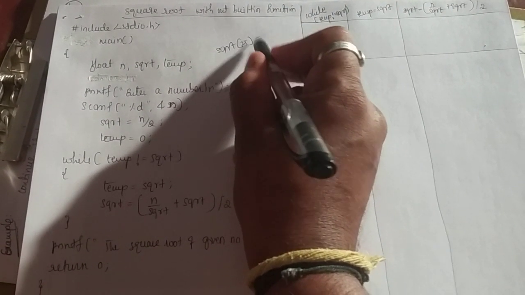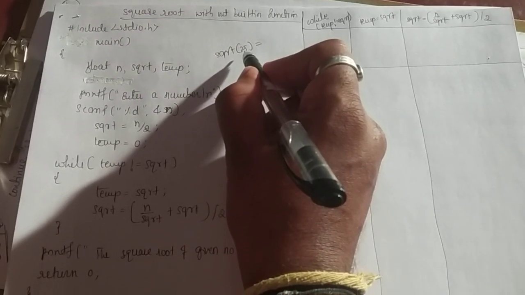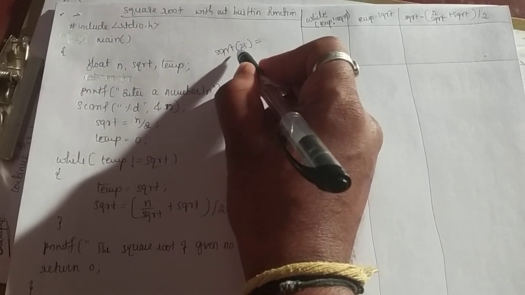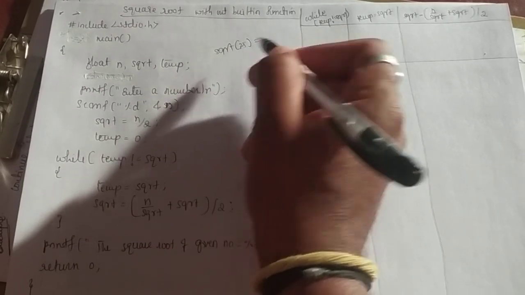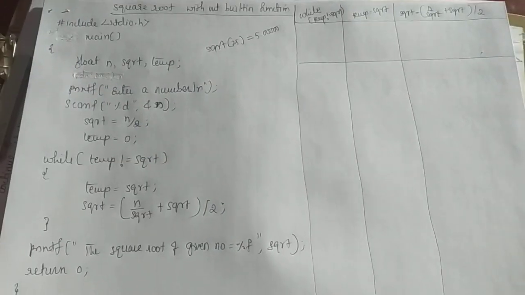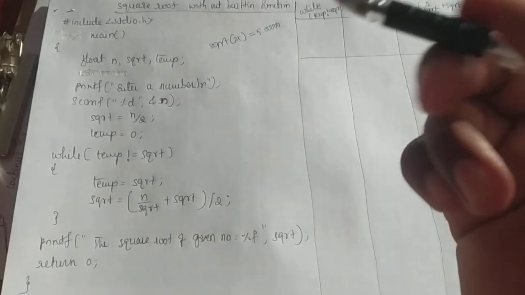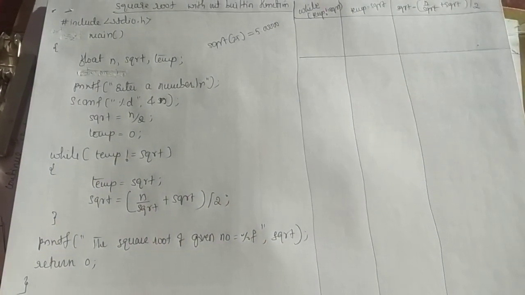If we use parenthesis like this, this is the n value, which can be anything you put. If you mention some value, this sqrt function returns the result, 5.000. Here they are putting one condition that we should not use this built-in function. We have to write our own code to find the square root of a given number.